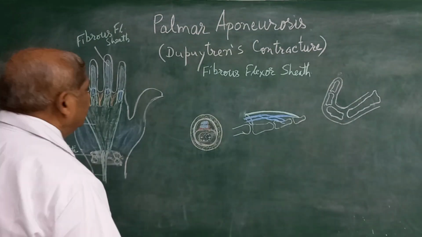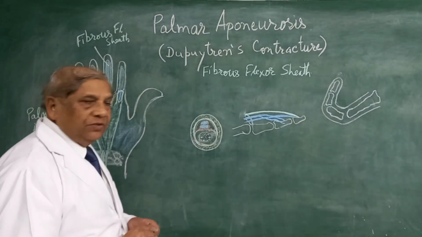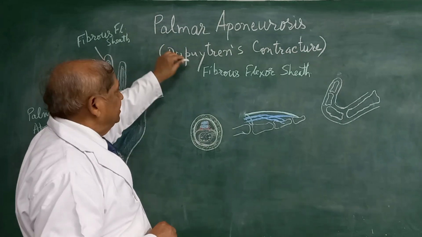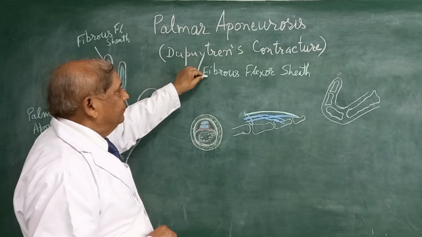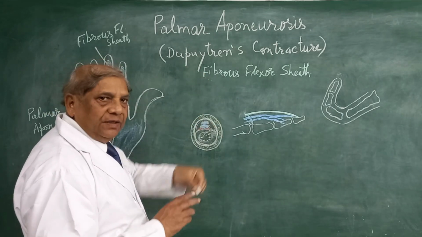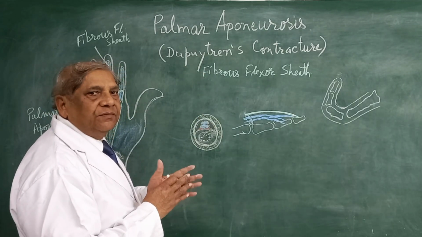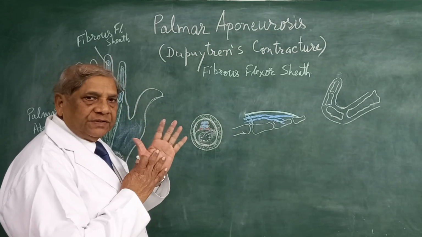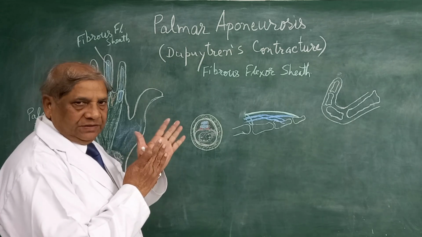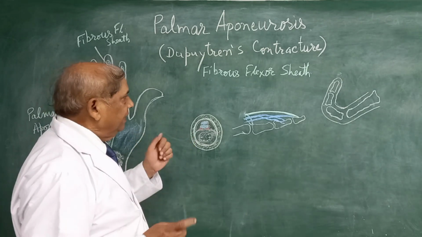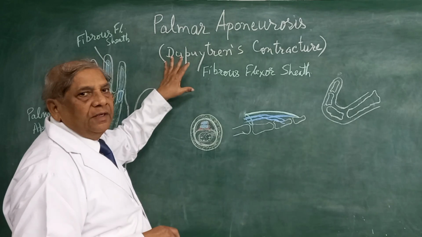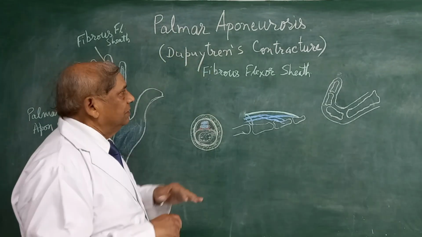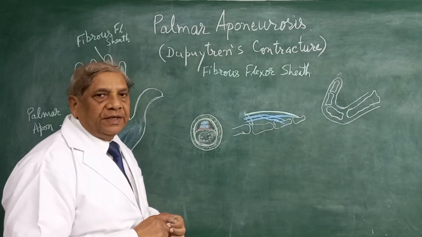Now, this video is about the Palmar aponeurosis. I will talk in very short about Palmar aponeurosis, and then I will talk about the fibrous flexor sheath, which is the deep fascia in front of the fingers. Palmar aponeurosis is the deep fascia in front of the palm, just deep to the skin. And then in the applied anatomy of the Palmar aponeurosis, I will talk about the Dupuytren contracture